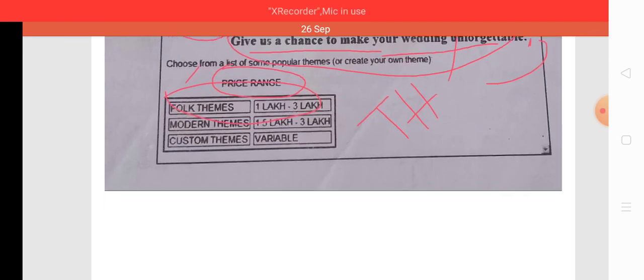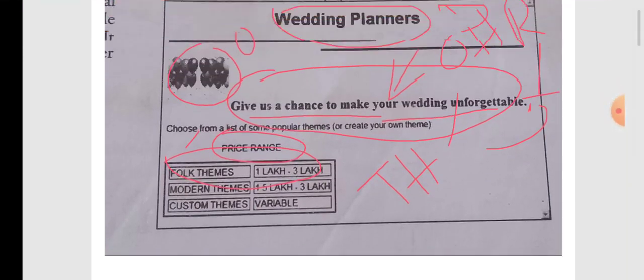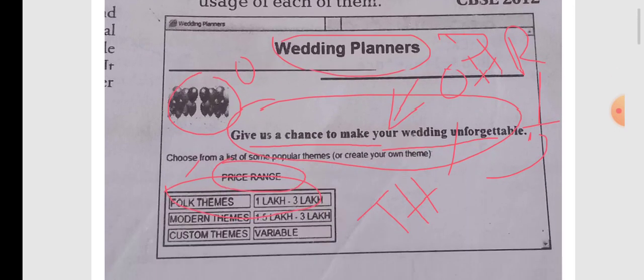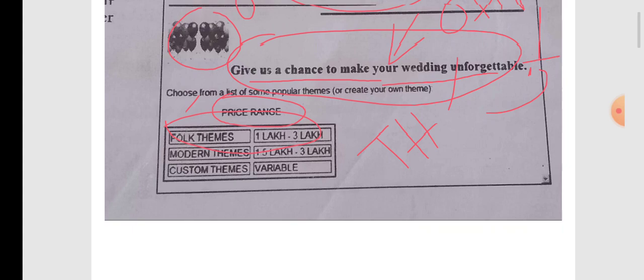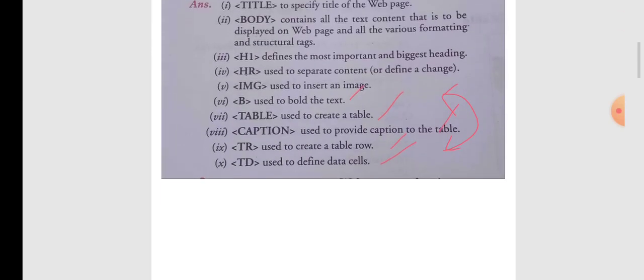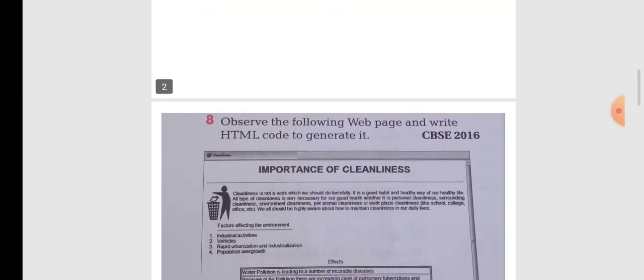So in 2012 it was asked. The question will be changed, but the format or the type of the question will remain the same. So I hope this type of question is again asked this year for the session 2020-21. So hopefully prepare for that and practice for such type of questions. That will give you good marks.